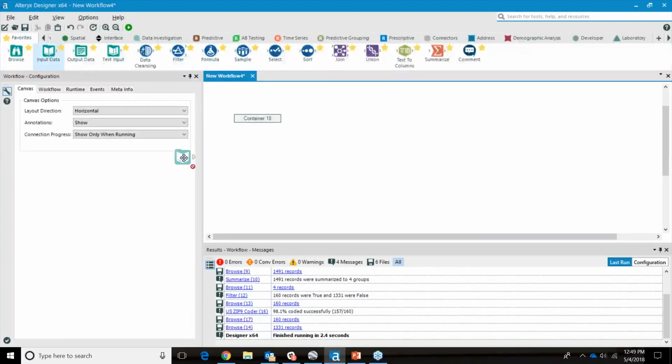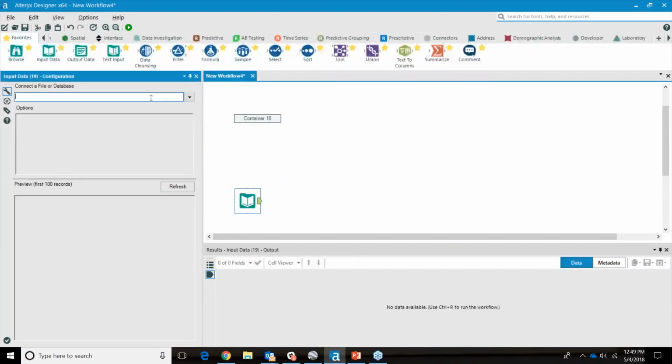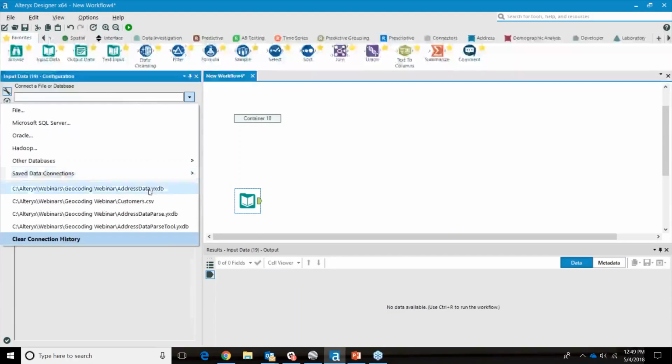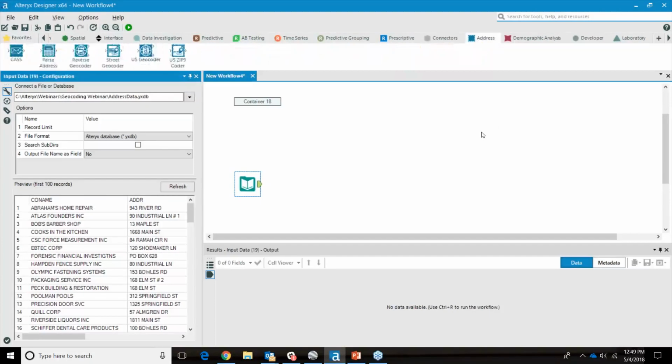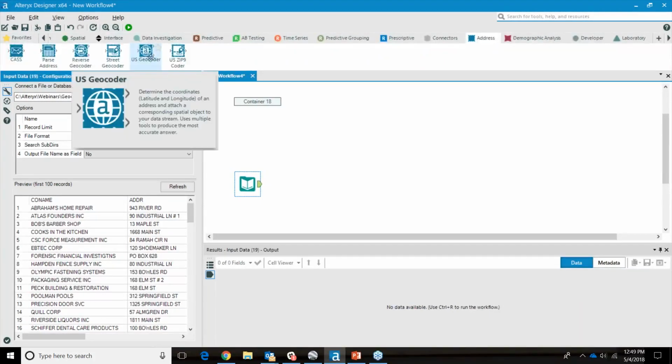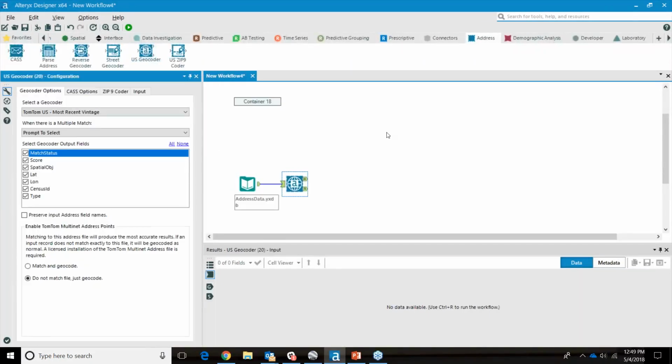And with that, I'm going to bring in another input data tool, and this will be the address data again. And now I want to actually CAS, and I want to geocode, and I want to do my zip9 coder all in one. And to do that is this great little macro called a US geocoder. So I'm going to bring this in, and you'll see when I add it over to the tools,